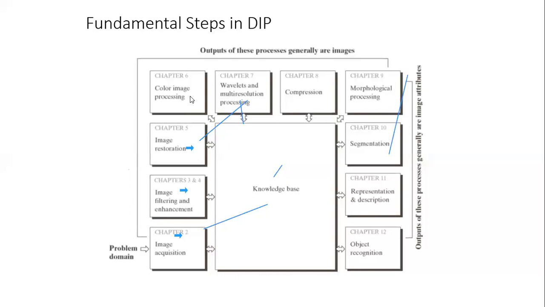Then the second one is color image processing. If the color image is an RGB image, we don't require this particular stuff. Color image processing is there. The next one is wavelets and multi-resolution analysis. What this part does is decompose the images into different parts, that means different resolutions, so that sometimes we don't require the full resolution and can go with less.